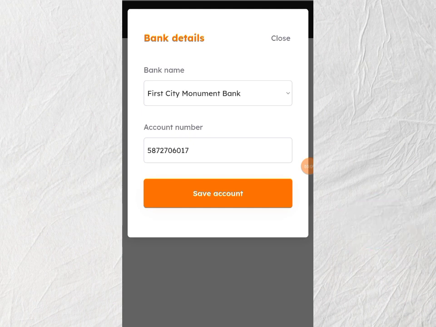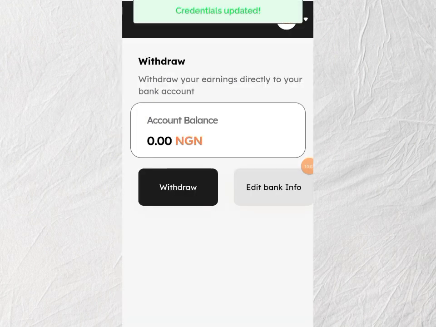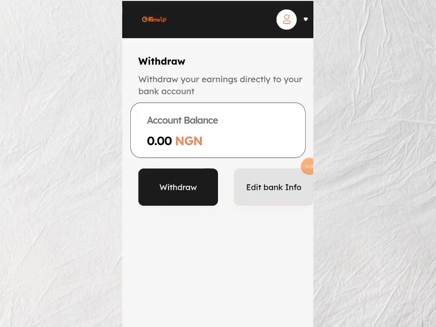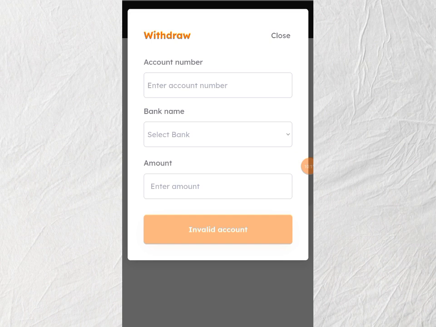You input your bank name here and your bank account, and click on save. After that, you can click on the withdrawal button, and you input your account number and your bank name, and definitely within 2 to 3 hours you will receive your money directly in your bank account.